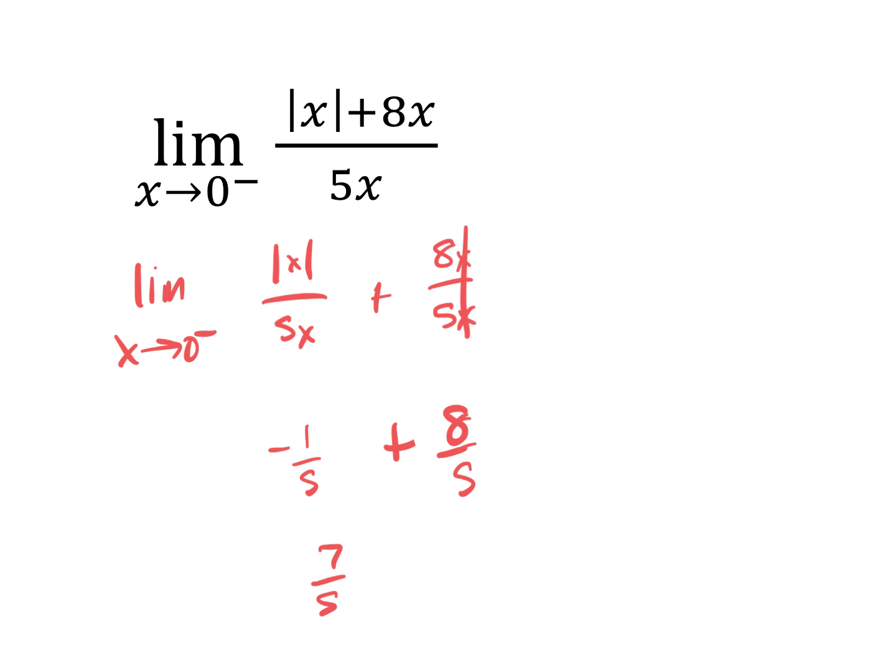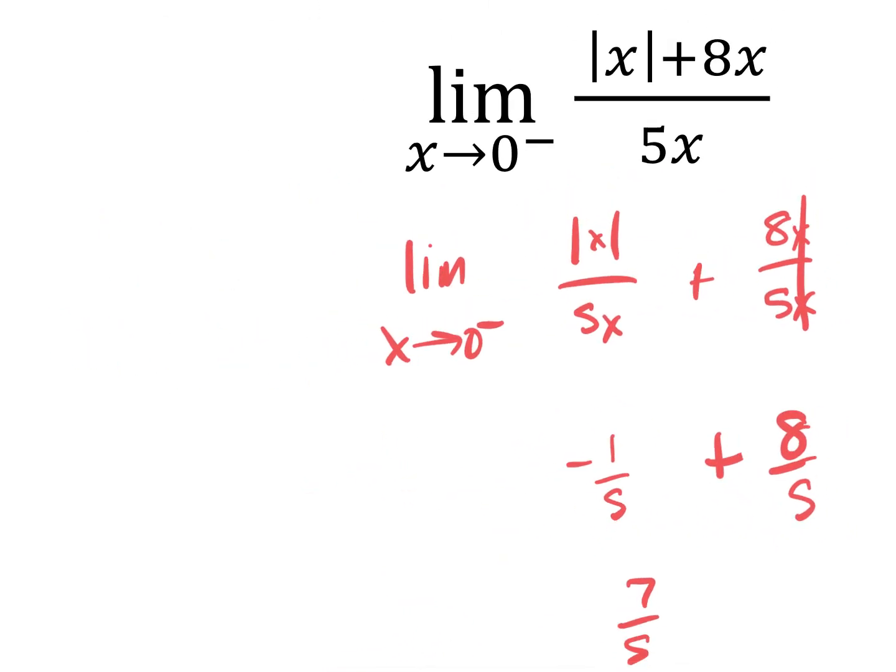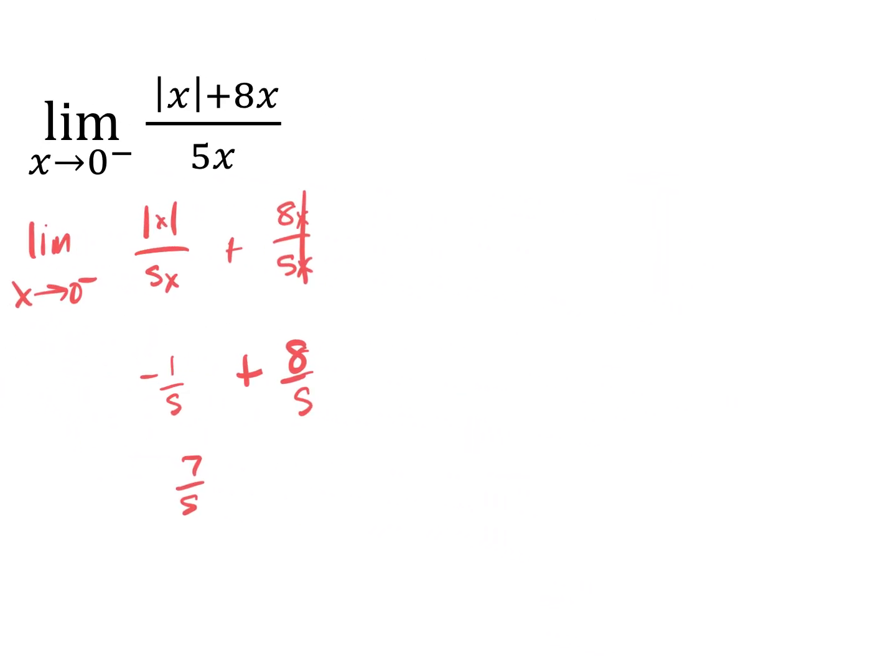So let's pick a value close to 0 from the left. Okay, so that value close to 0, let's do negative 0.01. So I'd have the absolute value of negative 0.01. Are we good? Are we seeing this now? These are weird ones. They're ones that students typically struggle with, for sure. Okay? All right.